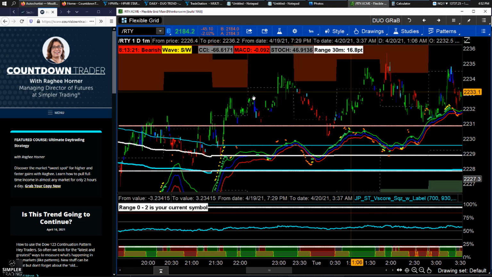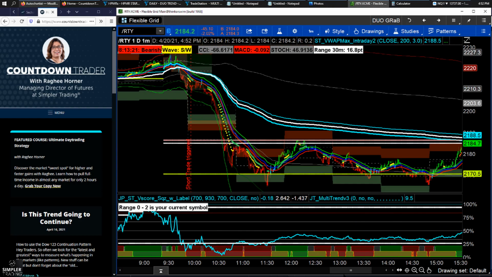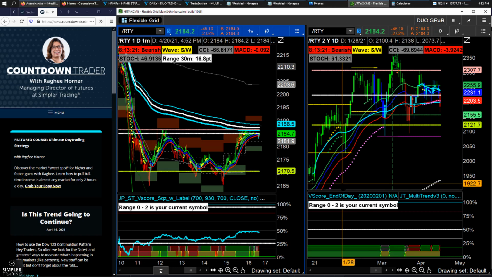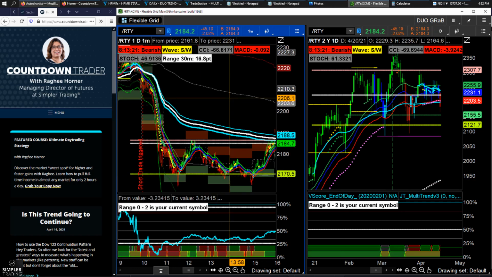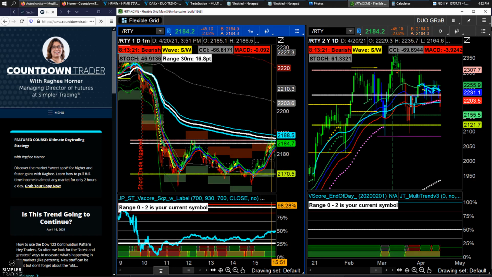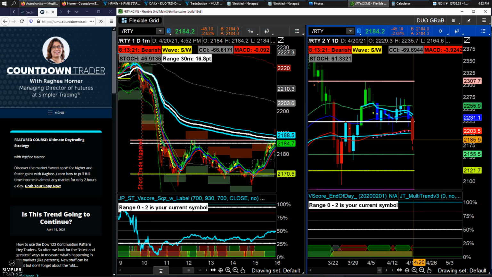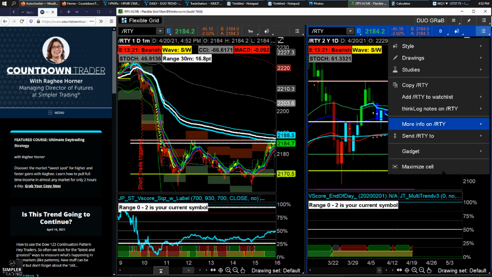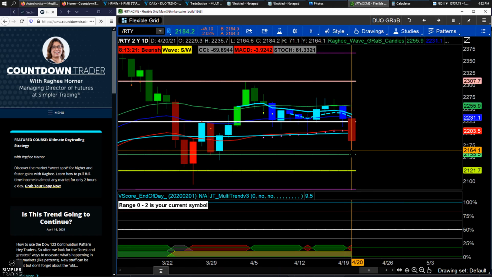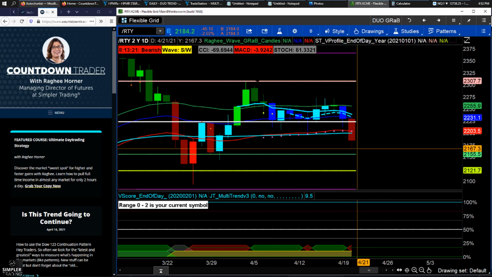So same thing here on the Russell. Now the Russell's a little bit different. The Russell 2, it put in its highs right during the clearing and then never looked back. But was the Russell tricky today? What's today's range on the Russell? Let's open this chart up. Today's range on the Russell was 71 points. 71. Well, was today kind of a panic day in the Russell?